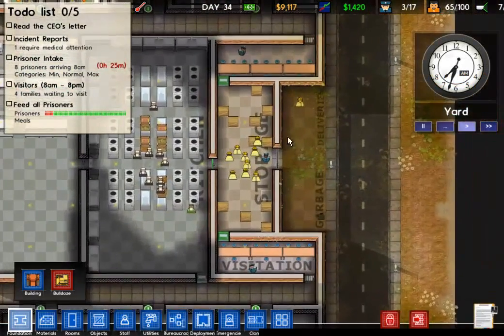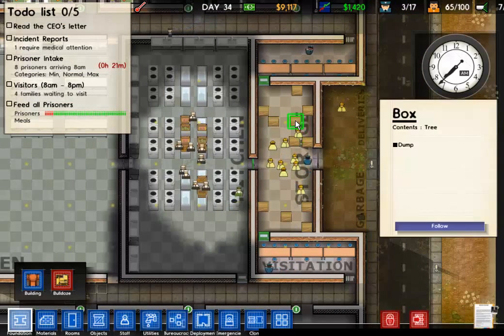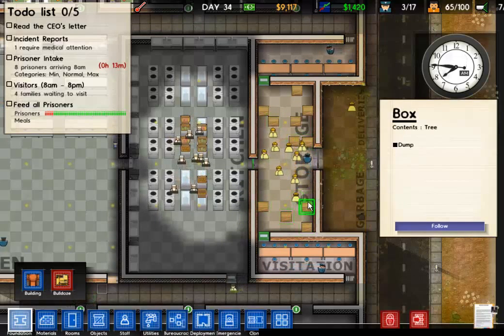I have a storage facility next to the delivery. The only thing really in these crates are trees. Trees, because the trees were getting in the way. You can't build with the trees in the way, so I dismantled them. I don't need these trees. But anyway,